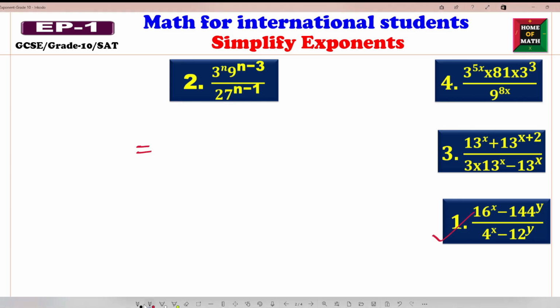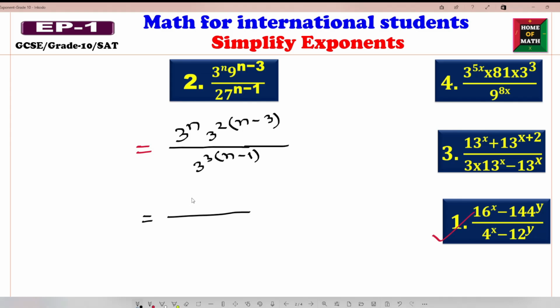This 9 we can convert to 3, so 3 to the power n, and 9 we can write as 3 squared, to the power n minus 3. This 27 we can write as 3 cubed, to the power n minus 1, right? Then 3 to the power n